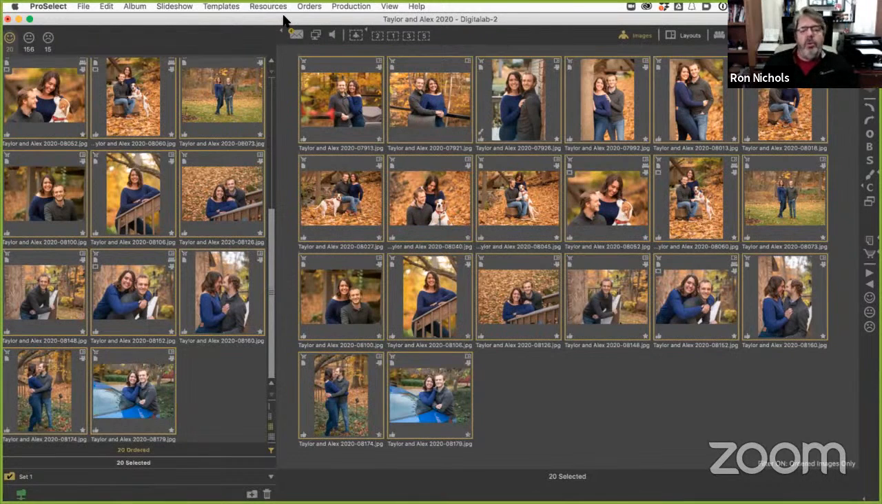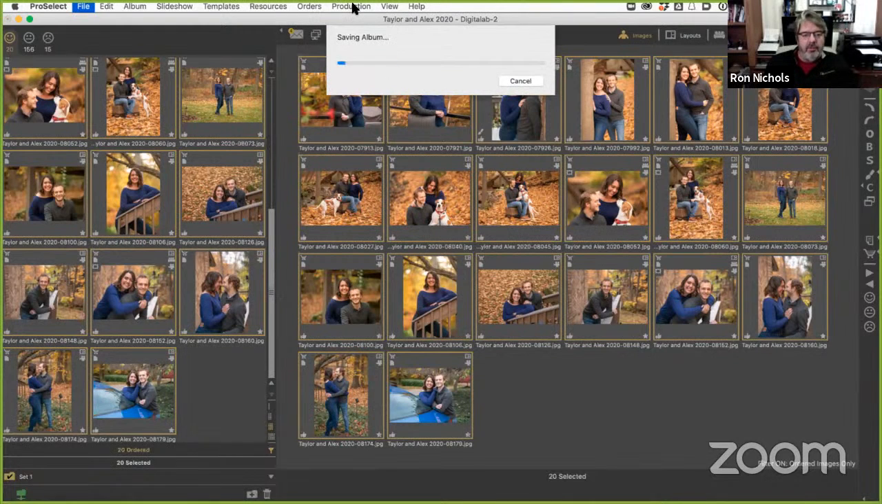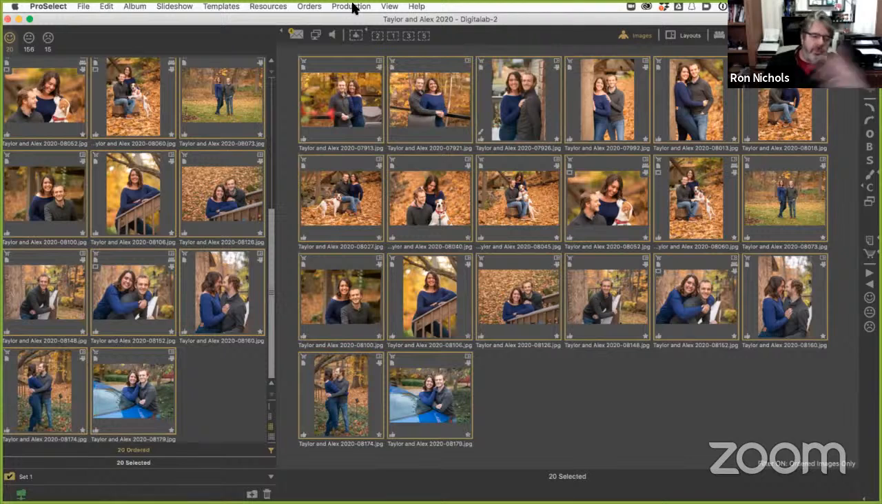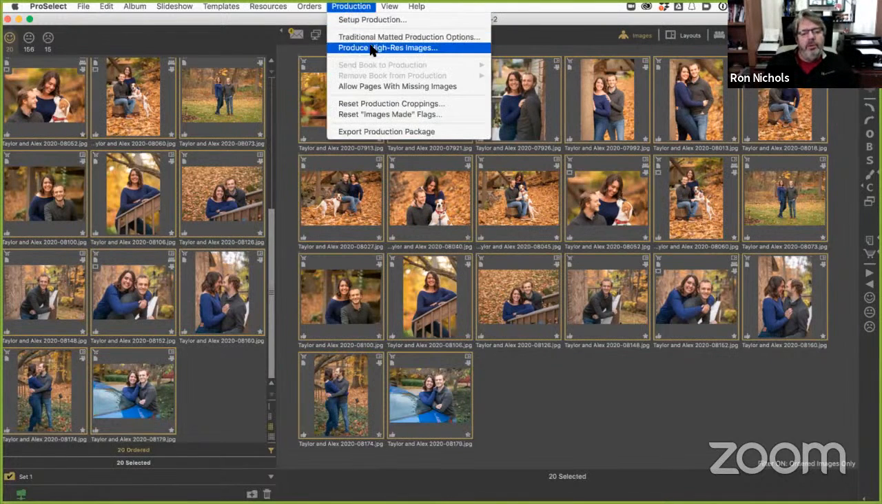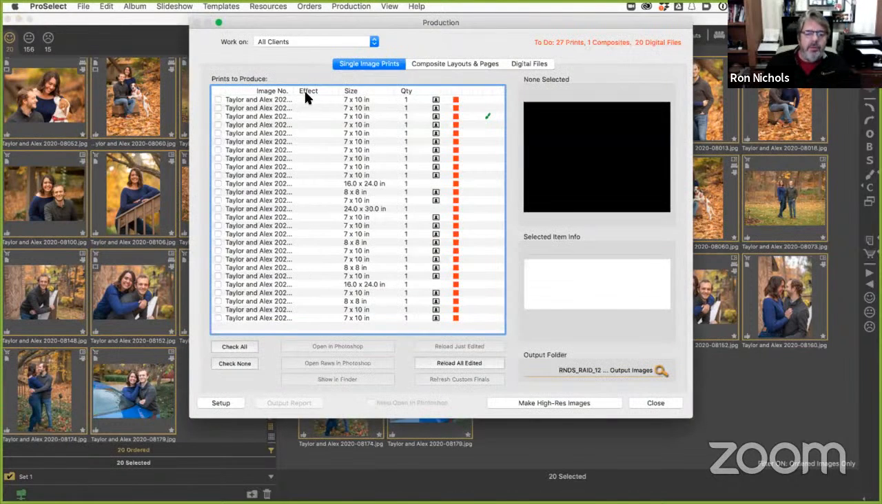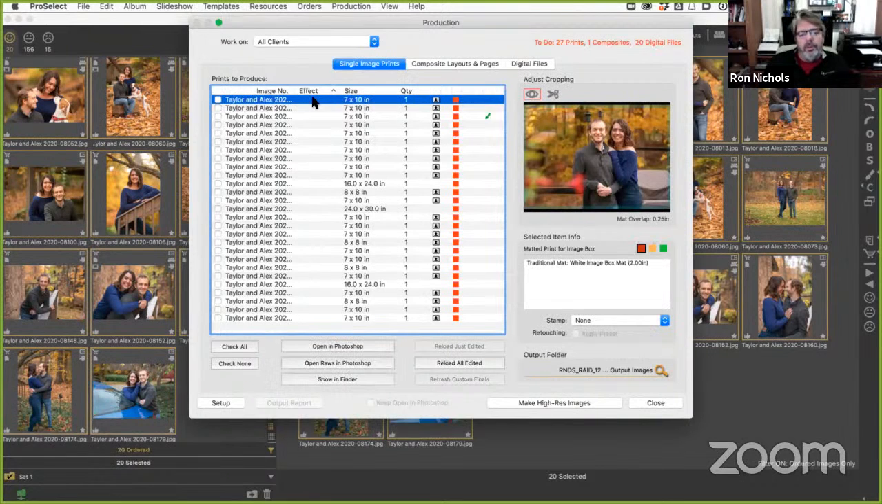So now at this point, of course, we would save our file. So I'm just going to save my album. We're assuming we're going to come back to it a few days later and start to work on it. We're going to go to production, produce high-res images, and this gives us a map of everything that needs to be done on the job. So you can see these are all of my individual images for the image box. This dialog here shows the cropping. Again, notice the cyan line. This gives me a place to verify where